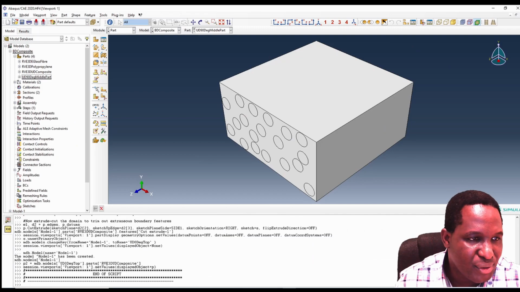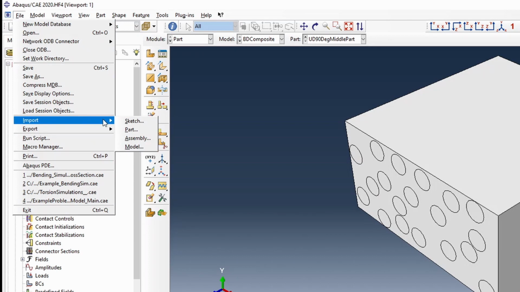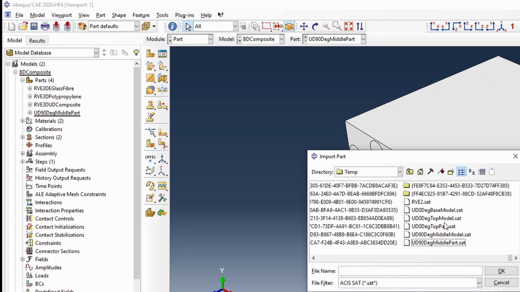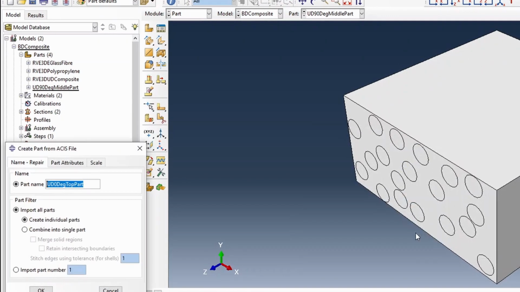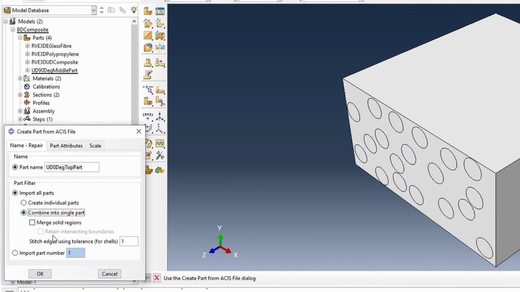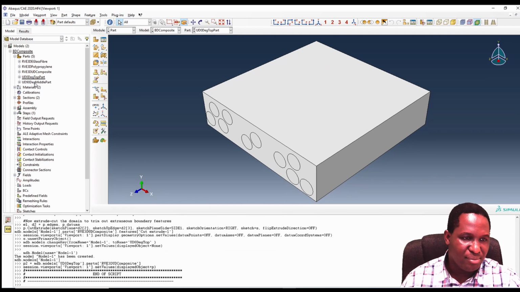You do the same for importing the top, so the top part or top model, whatever you call it. Again, import it as a single file, so it comes into the mid system. So we've got all three of them. This is the base system, and these are the other two cases. So what I'm going to do now in the